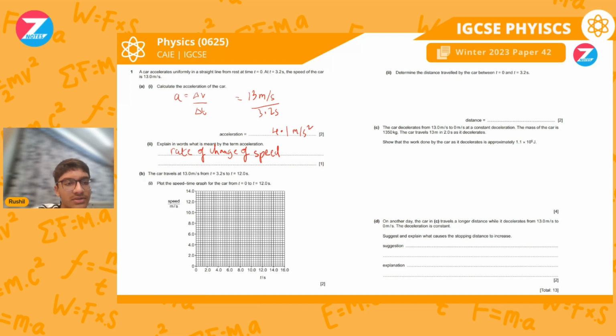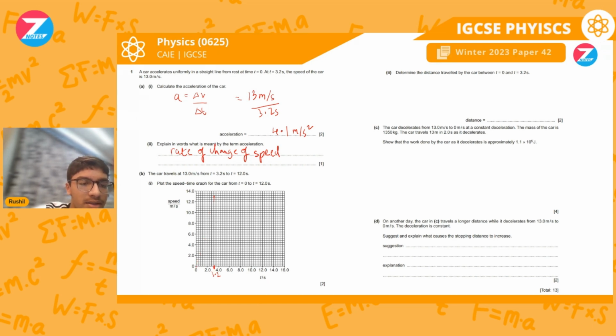Now it asks us to plot the speed-time graph for the car from t equal to 0 to t equal to 12 seconds. We know that at 3.2, so this point would be 2.4, 2.8, so this would be 3.2 seconds. Up until this point, its speed is going to reach 13 meters per second, which is approximately here. So we have to draw a straight line from the origin to this point,